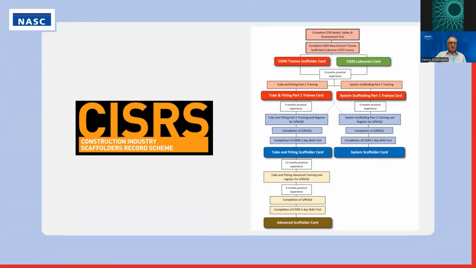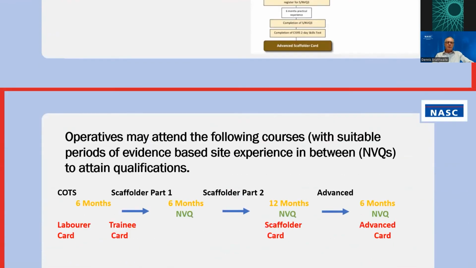This is CISRS, Construction Industry Scaffolders Record Scheme, and there on the right is a flow diagram of how the training has to take place. It is quite a comprehensive system of training. Appreciate that you won't be able to see the details on the slide, but hopefully we'll be able to provide a copy of the slides for you if you want more detail afterwards. But to summarise that,